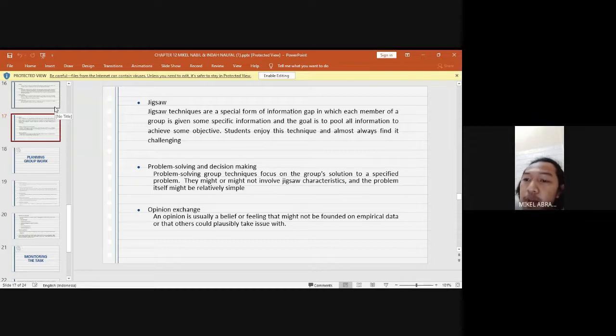Problem-solving group techniques focus on the group solution to a specific problem.